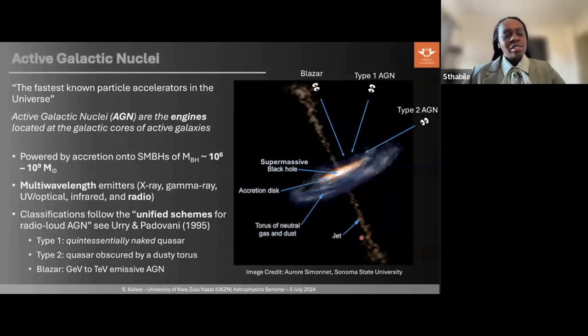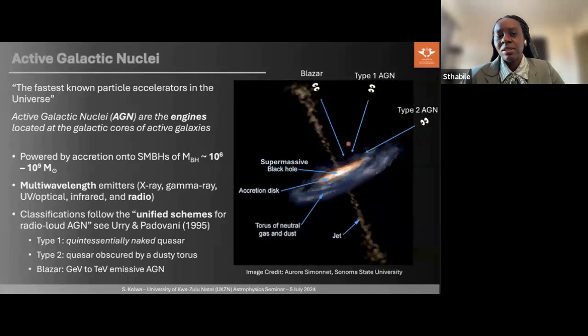If we consider lines of sight to such objects, we'll be able to get different classes of AGN. This happens as a result of orientation, of course, which is described in detail by the classic paper Unified Schemes of Radio Loud AGN. When you've got type 2 AGN, you have your line of sight intersecting with the plane of the disk, and so you're seeing through the dusty torus, or rather, you're obscured by the dusty torus. So this broad line region where you've got ionized gas around the AGN is essentially not available for view,